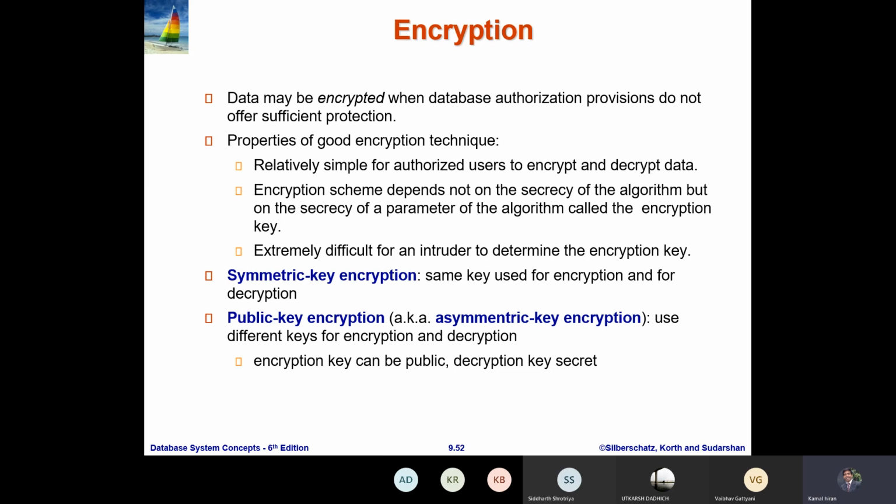In layman's terms, encryption is a technique for providing security for your documents, your data, your database. We use a number of keys for encryption. Here we have the symmetric key encryption technique, and the public key encryption technique, that is the asymmetric key encryption technique.